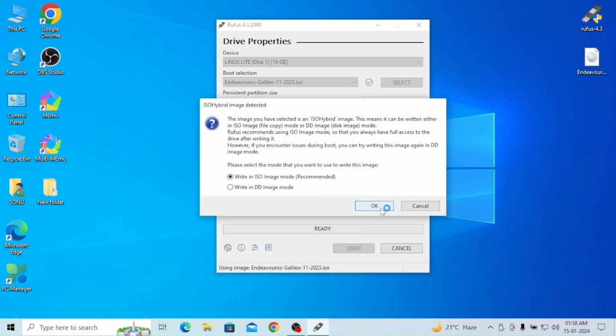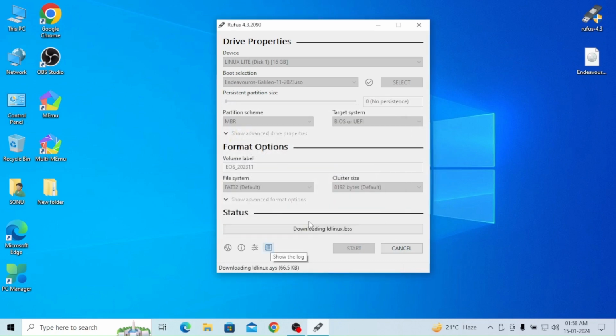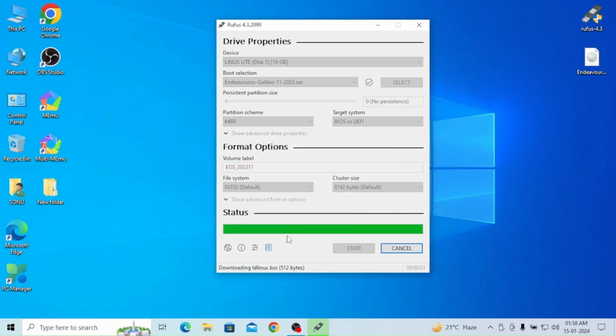So before inserting the pen drive, make sure to copy your pen drive data to some other device, then only insert your pen drive. If not, your data will be vanished. And here we can see my bootable has been completed, and I just restarted my system, and here you can